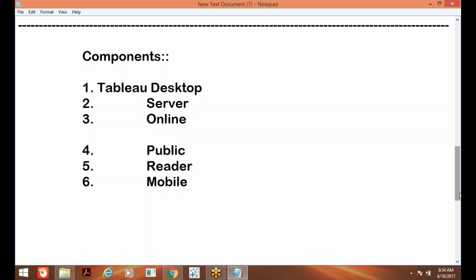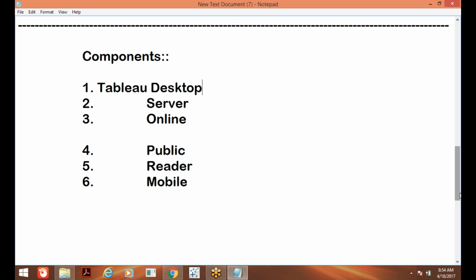And Tableau Reader. Suppose you are my client, you have given me a project and I have created so many reports. I send it to you, and I ask you, if you want to see the reports, you must purchase a Tableau license. As a client, are you ready to purchase a license of any software? No, you will say, why should I purchase a license? I am not using the Tableau software, I just want to see it.